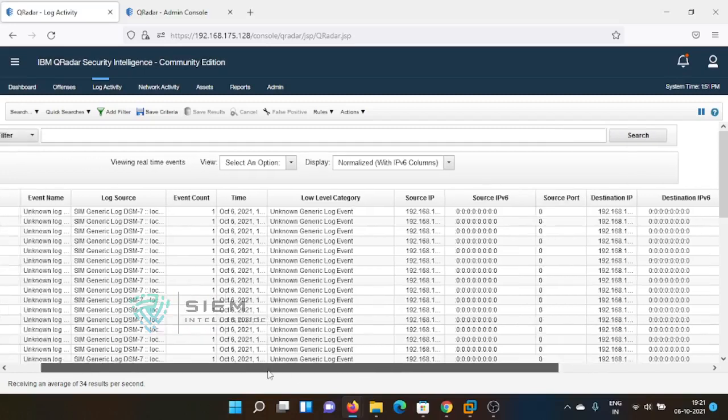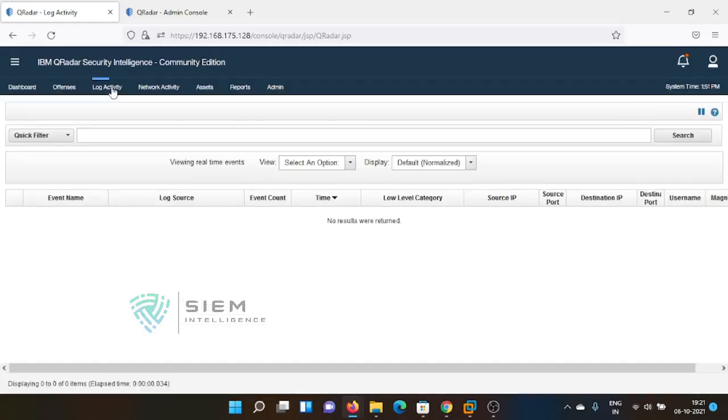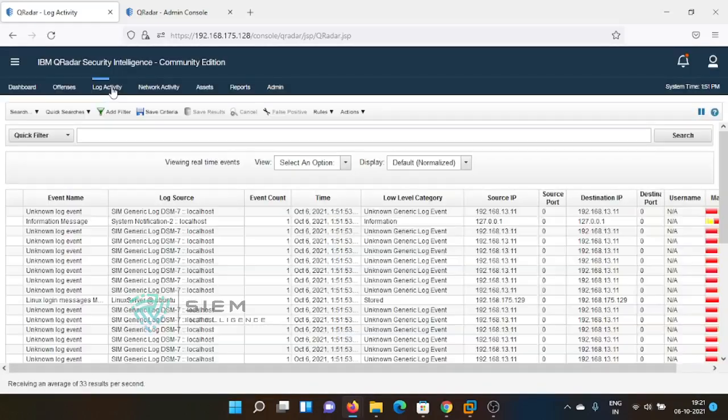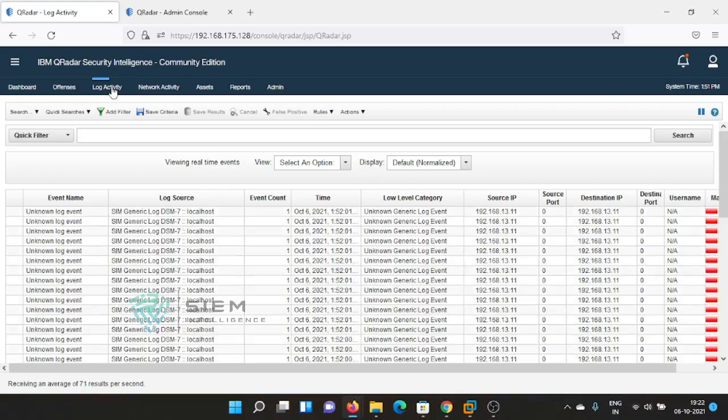So how do we check the last 5 minutes of data? I'm going back to my normal activity now, real time activity. I want to see the last 5 minutes of data over here. It is moving a lot. In your organization, it may be thousands, 2000, 5000 events per second. But I want to see how many events have passed in the last 5 minutes.